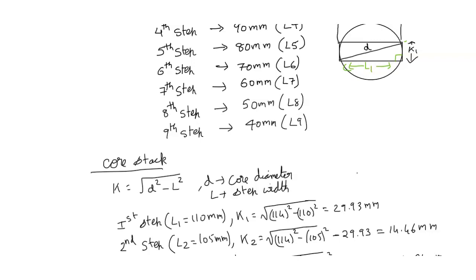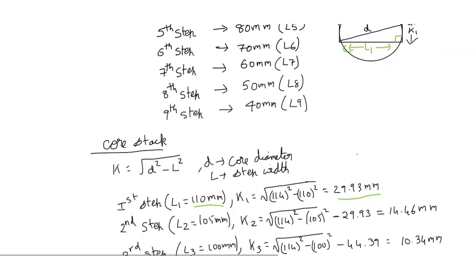For the first step, L1 I took as 110 mm, right? And how do we get K1? Under root D square minus L square, where D is the core diameter, which we already know, 114, whole square, minus L square, L is the length. So that is 29.93 mm. Next, for the second step, again apply the Pythagoras theorem: under root 114 square minus 105 square, minus, very important, we have to subtract this 29.93